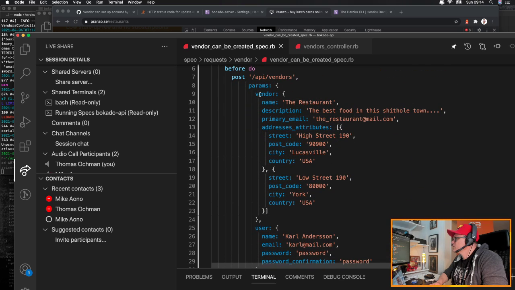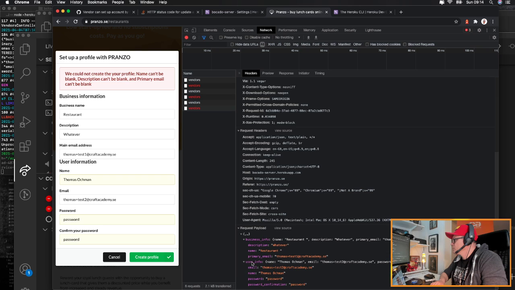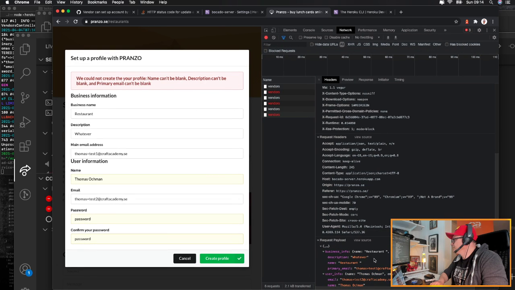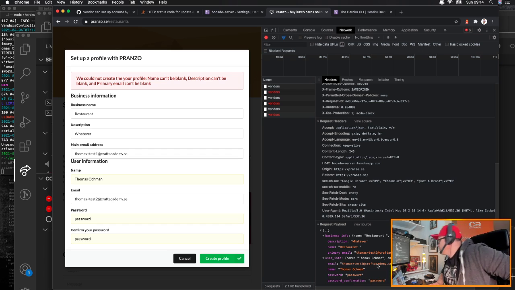It's not business. It's supposed to be called vendor, and then you see it's supposed to be called vendor and user, and not business info and user info. The fuck was I thinking? Oh god, that's why you don't merge shit like this usually. Oh fuck. So now I need to swiftly move on to